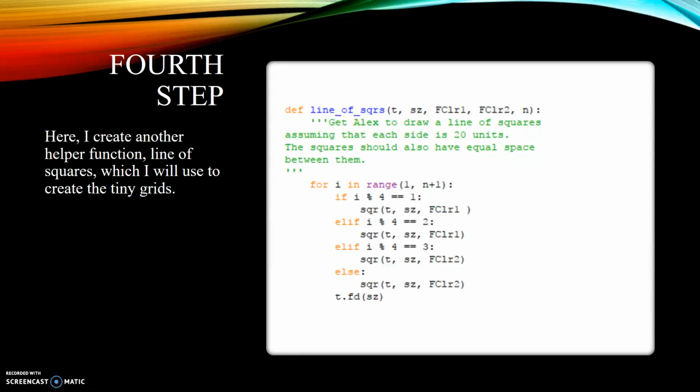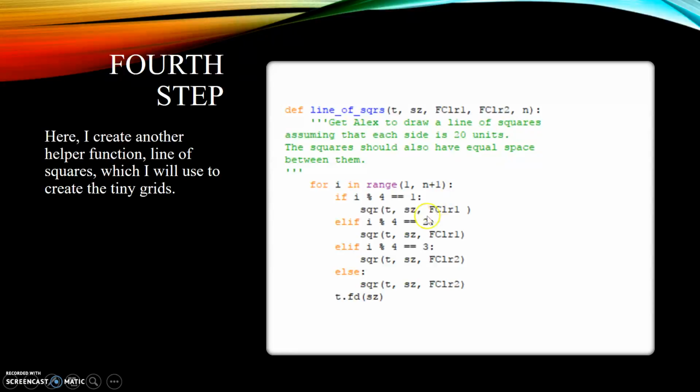And the reason that I want a line of squares is because I'm still working on getting the grids to show up on the turtle screen. And so I used the tiny square, which is just one square, to draw a line of squares. And so I said for i in range 1, comma n plus 1, and then